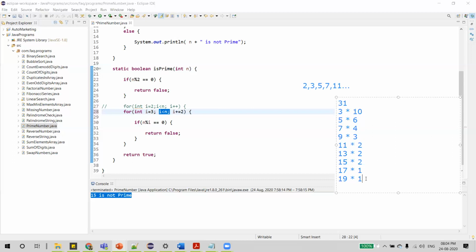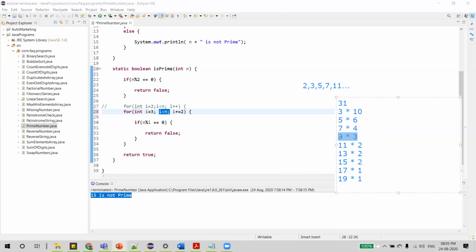The right hand side number we'll call multiple. If you reverse this number, it becomes 1 into 19. So 19 into 1 is also equal to 1 into 19. In the 1 into 19 case, 1 is our I value, but we don't want to verify I with 1, so we can ignore these two values. Then come to 2 into 15, 2 into 13, 2 into 11. We don't want to verify with 2. We already had that condition here, so we can ignore these values as well.